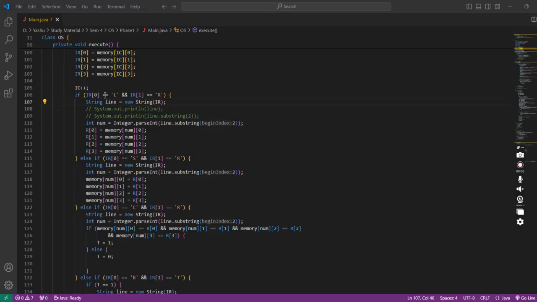So now here you can see that if the instruction register has the value LR, then in that case we are going to create a string in which we are going to pass IR as an argument, right? And I'm going to store the number with substring, right? And I'm going to initialize the register. Here you can see, my register would be initialized